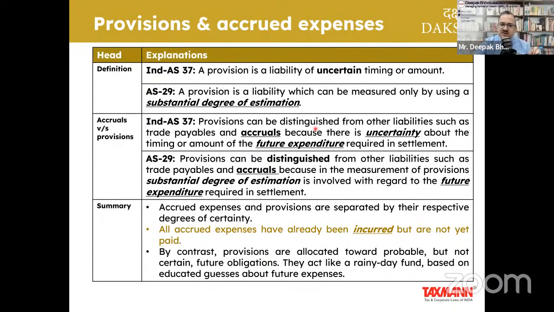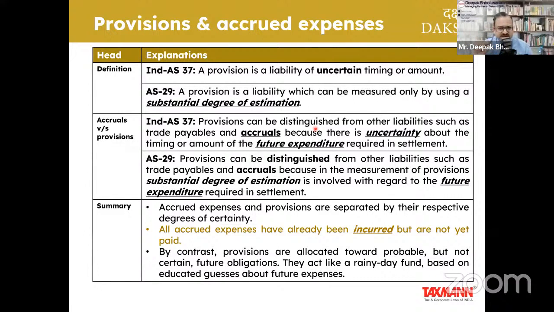Now, the question is what to do with provisions and what to do with accrued expenses. So where is provision defined? Provisions are defined in our accounting standards. Right now there are three sets of accounting standards. One is the accounting standard for companies covered by the Accounting Standards Rules 2021. One set of accounting standards is issued by our Institute, which is generally also called IGAAP accounting standards. And then there is Ind AS. But if I look at IGAAP and the accounting standard under the Accounting Rules 2021, their parameters are similar. So I have only considered two accounting standards here, definitions from these two.